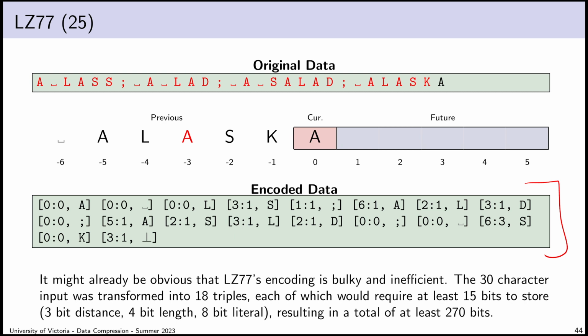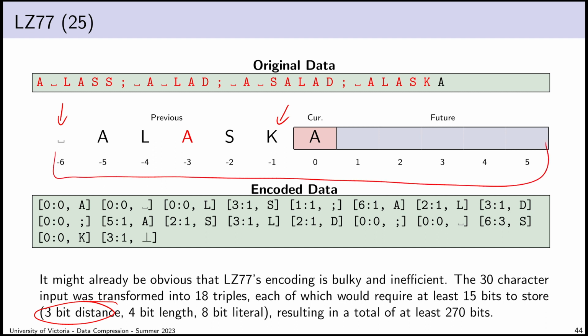This 30 character input was transformed into 18 of these triples. And using the window size I've chosen, which is a window of 6 characters of history, which means distance will be a number between 1 and 6, so I guess I need 3 bits to represent distance. My length can be, I guess I could go back 6 characters, then I could go forward by as many as 12, so I need 4 bits for the length, and then the literal, I guess, has to be 8 bits long. That means that each of my triples requires 15 bits to store,